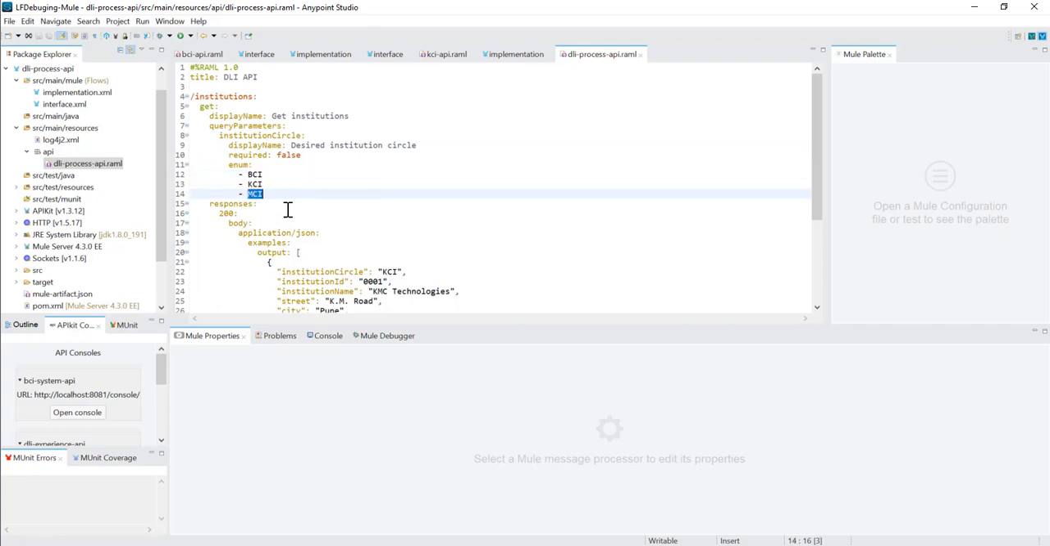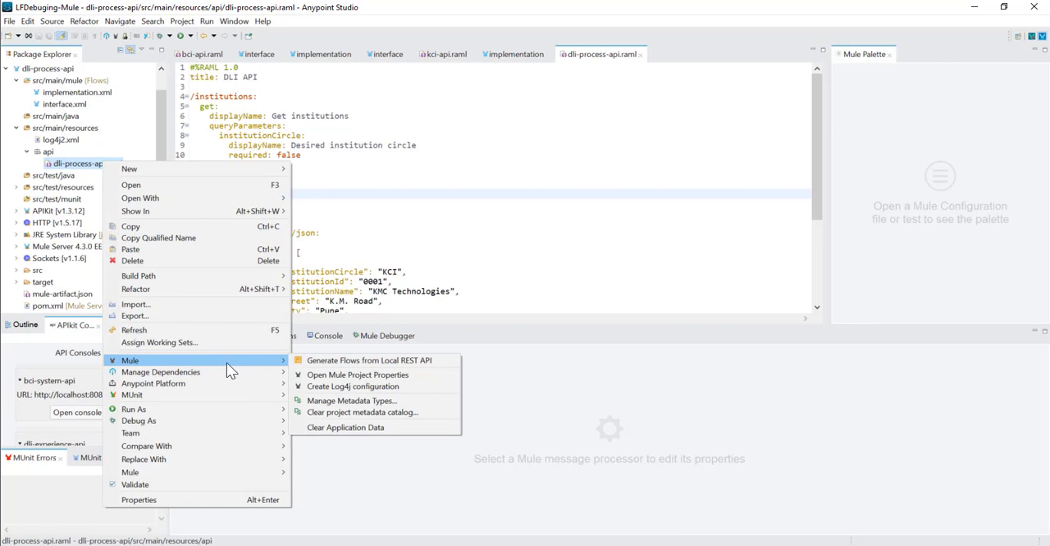So that is how we have designed this RAML. If you wish to design this in a different manner, you are free to do that, right? We have to keep the requirements in mind, and then design this. All right, so using this RAML file, if we just right click on this and